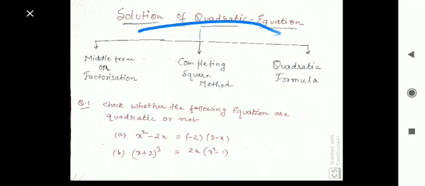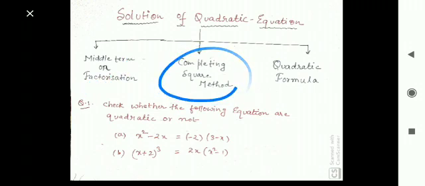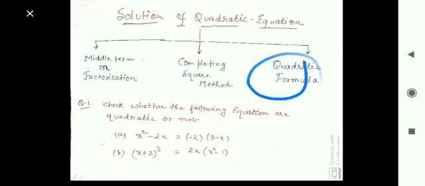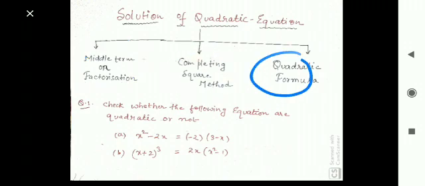So see, what is the first method? The first method is the middle term method, or you can solve the equation by using factorization also. The second method is the method of completing the square, and the third method is the quadratic formula. So one by one we can complete all these three methods. So with these three methods we have to approach the question. Either we can use factorization, or we can use the completing square method, or we can use the quadratic formula, as it will be indicated in the question, like solve the question by using the completing square method or using the quadratic formula.